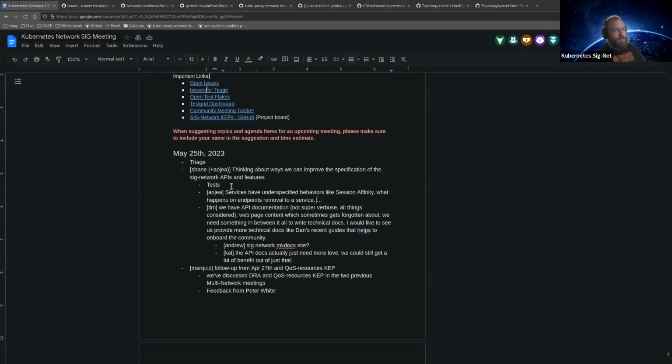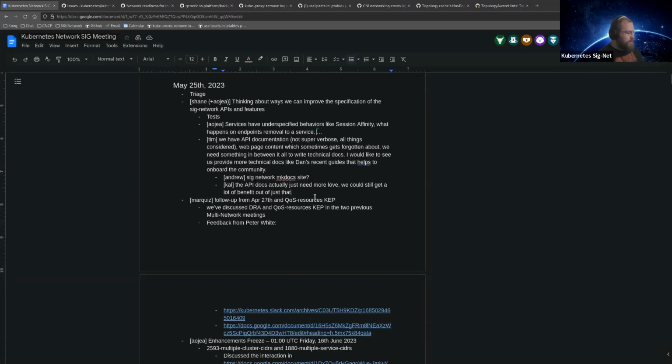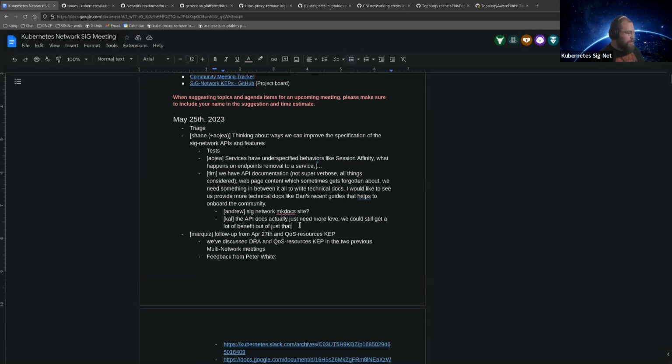Don't need to take up a ton of time with this, but I like the thoughts. It might just be a good one that I can go async with myself and think about, bringing this one up again once I've had some more time to think about specific actions to take, unless anybody has some specific actions they would like to see taken now. All right, if nobody has anything to say on that topic, thank you all for your thoughts. I will follow up on this.